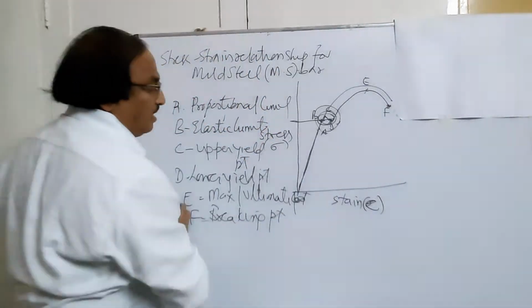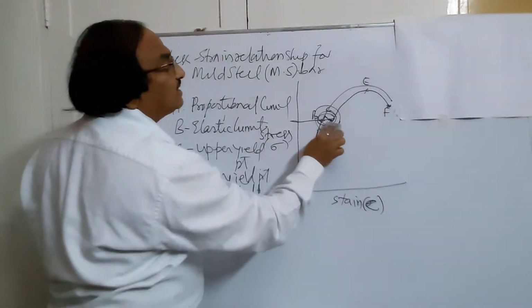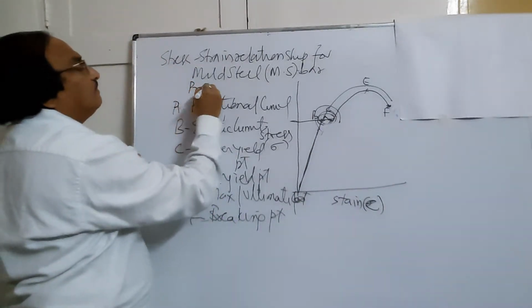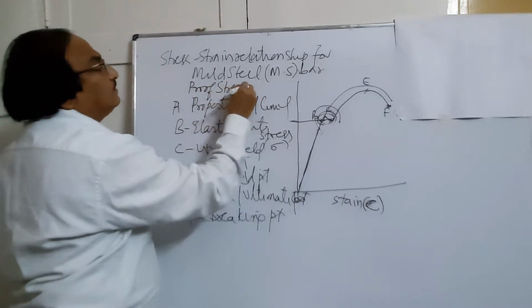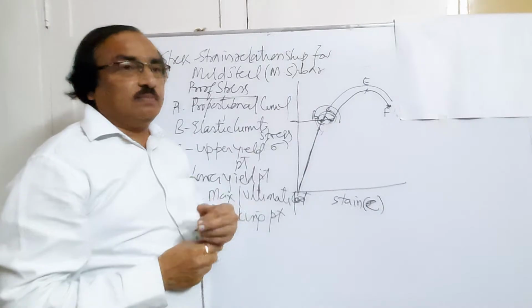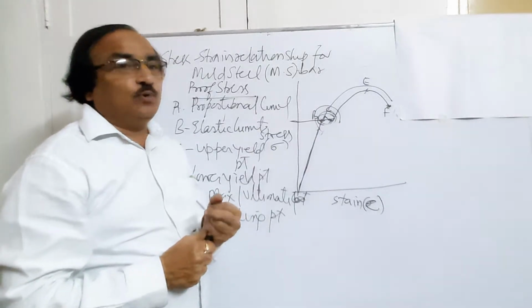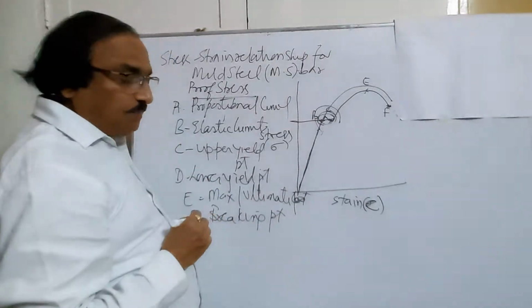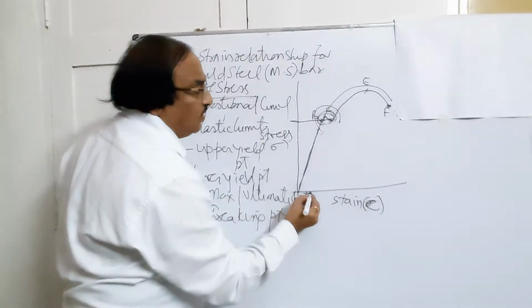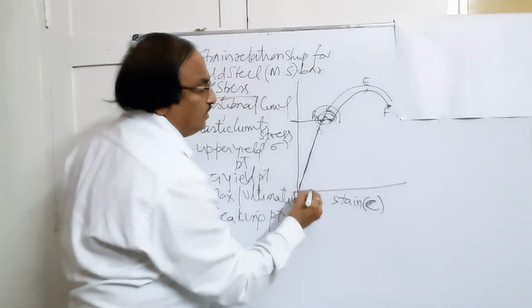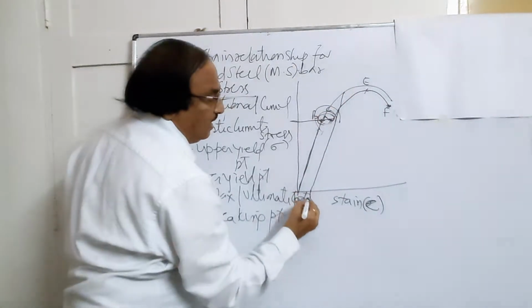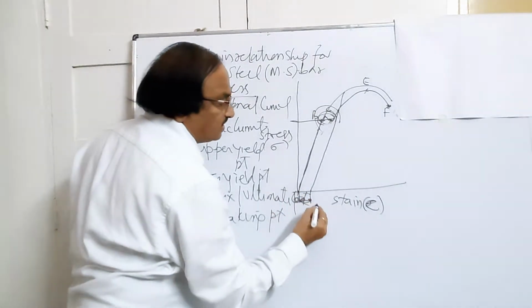Now here in this graph we come across a term known as proof stress. Only mild steel gives you the yield point; all other materials don't give yield points. So in such cases we need the proof stress. Proof stress is defined as the stress when you draw a line parallel to the elastic line, and this is the strain of